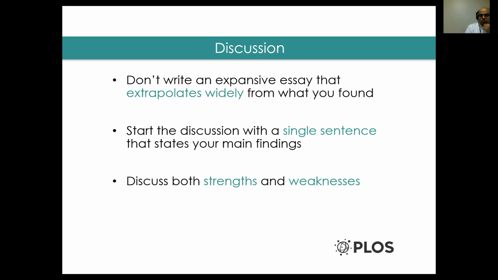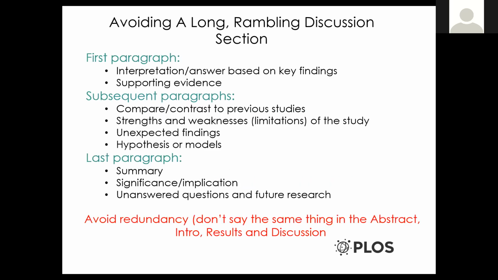Finally, we'll get to the discussion. I would say don't write an expansive essay that extrapolates widely from what you found. Start the discussion with a single sentence that states your main findings and discuss both the strengths and weaknesses of your study. So the first paragraph should have an interpretation and answer based on key findings and the supporting evidence. The subsequent paragraphs should compare or contrast to previous studies. As I said, the strengths and weaknesses or limitations of your study, any unexpected findings you had, what your hypothesis or model